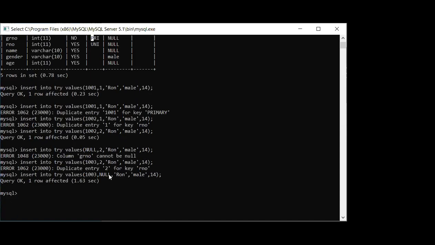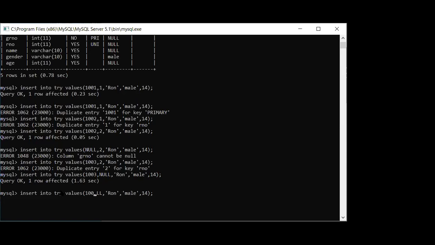So we have checked for these two. Now we are going to check for this, male, gender. Suppose I do not give the gender, how is it going to work? Now we will see many different variations. 1003 roll number.